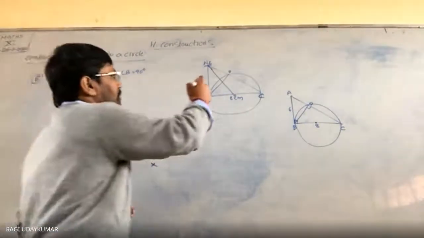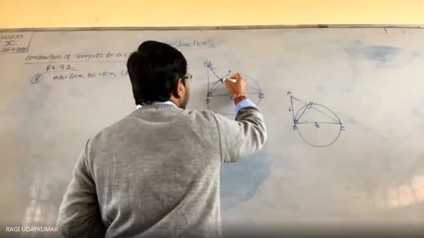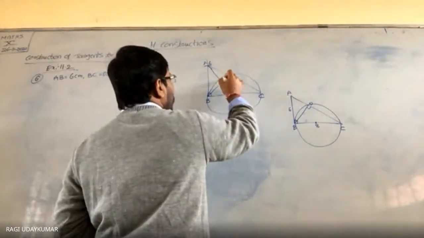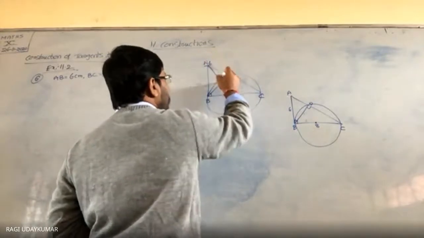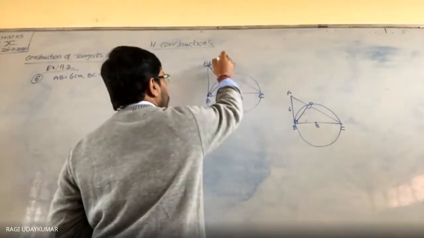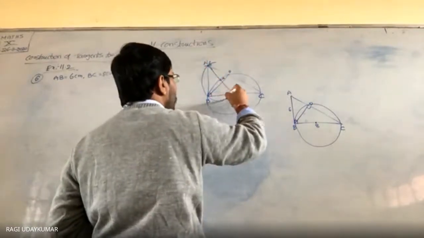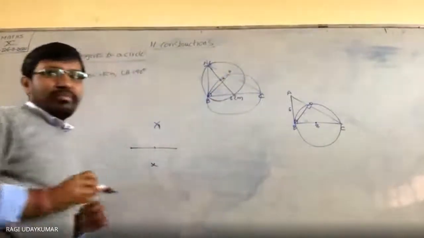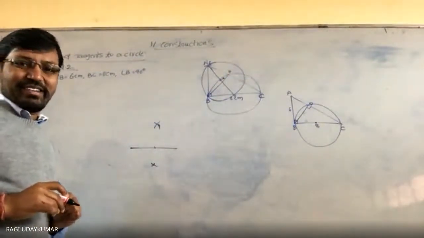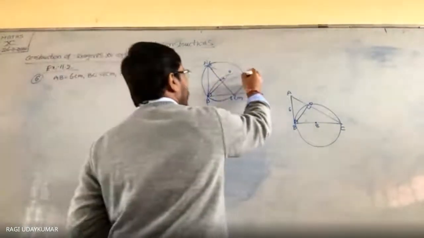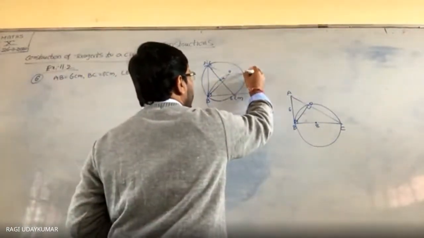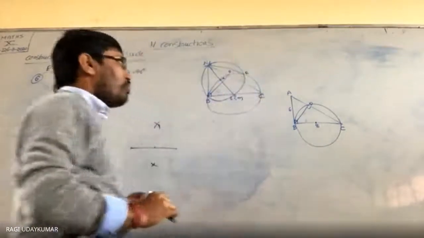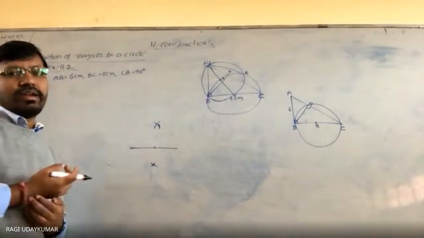So, here the midpoint you take as M. This midpoint. Now M as a center, draw a circle. MA as a radius or MO as a radius, draw a circle. Circle will pass through the point B, and like this you are going to do. Okay, and where it is touching the point, another point, that point you mark as E. Now A to E join. It is completely cumbersome, but there is no other alternate way.